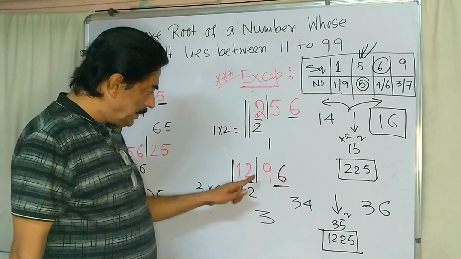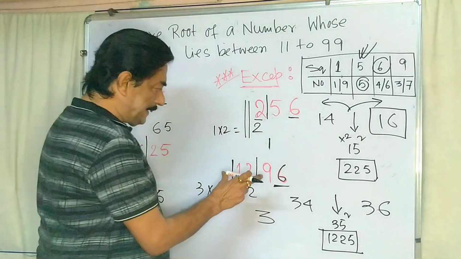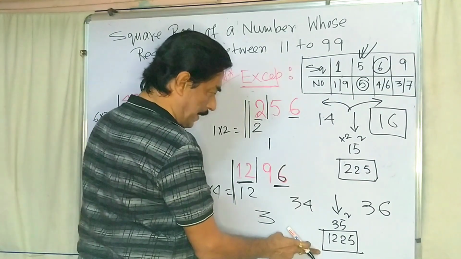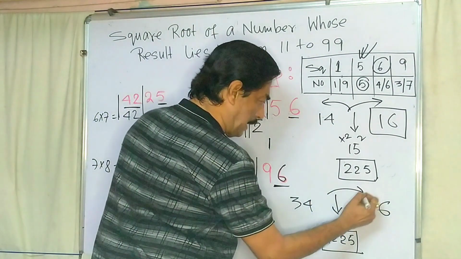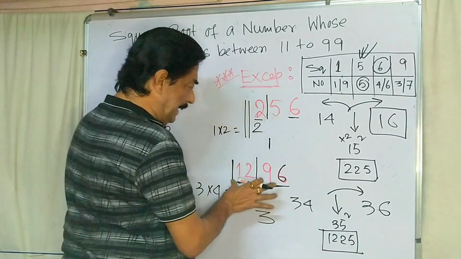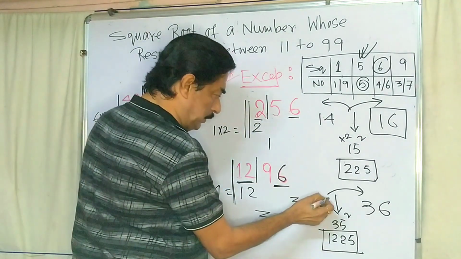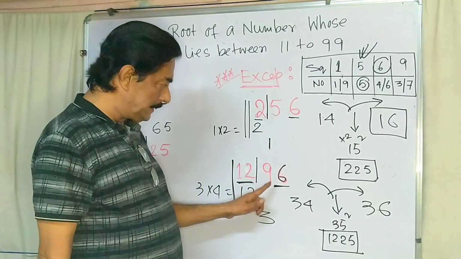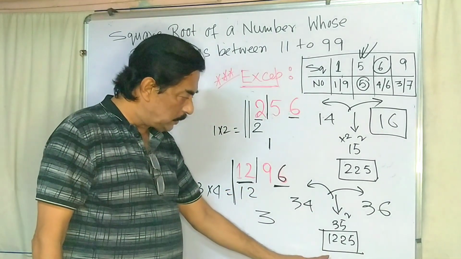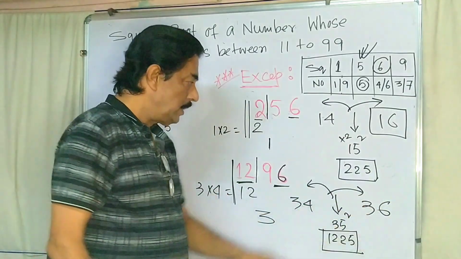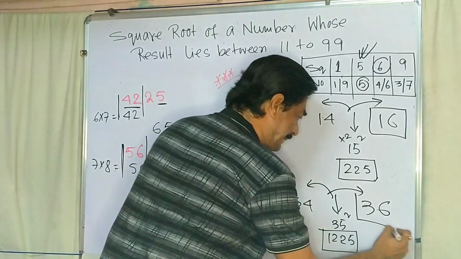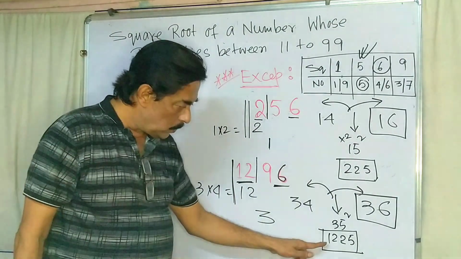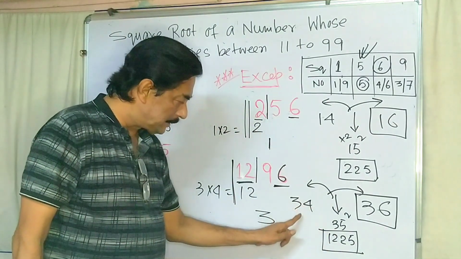The given number is 1296. As it is larger than 1225, we have to move to the right side. Right side means the greater side. If it is less than 1225, then we have to move to the left side. The given number 1296 is greater than 1225, so we move right. So your right answer is 36, not 34. If the given number were less than 1225, your answer would be 34.